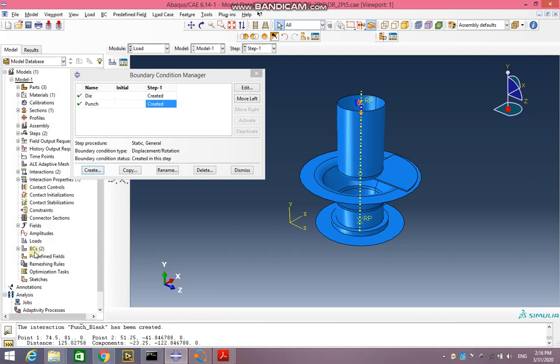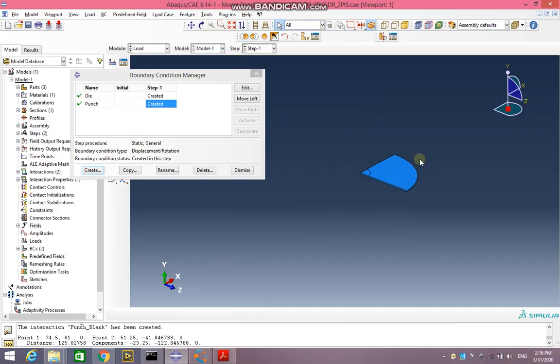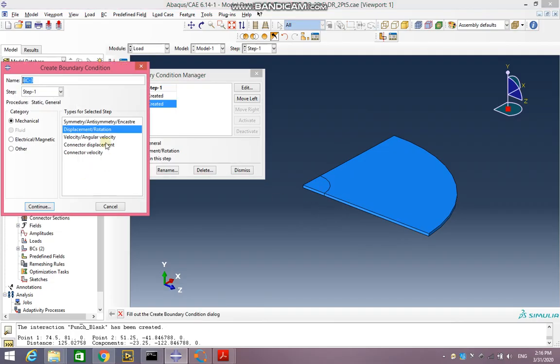0. Okay. Now as far as the blank is concerned, we are only going to impose symmetry conditions. Now, before we move into the blank boundary conditions, let me select the blank alone. So I go to again replace selected, select the part, done. So now I'm going to apply the symmetry boundary conditions on the blank. So create displacement. First I'm going to create blank